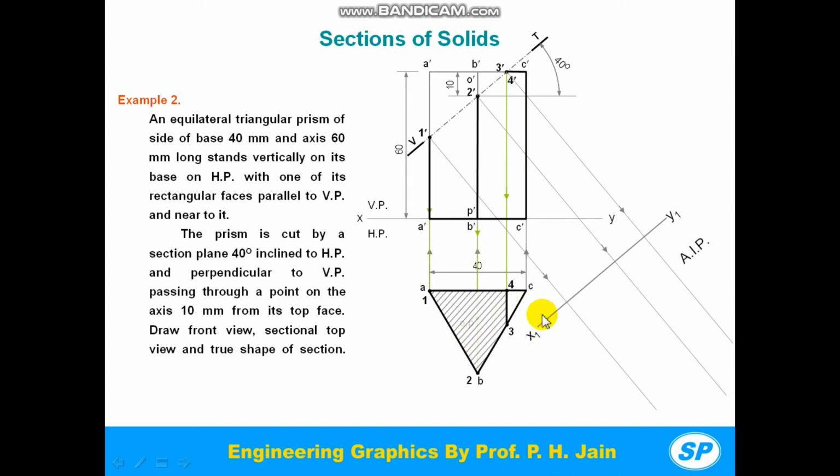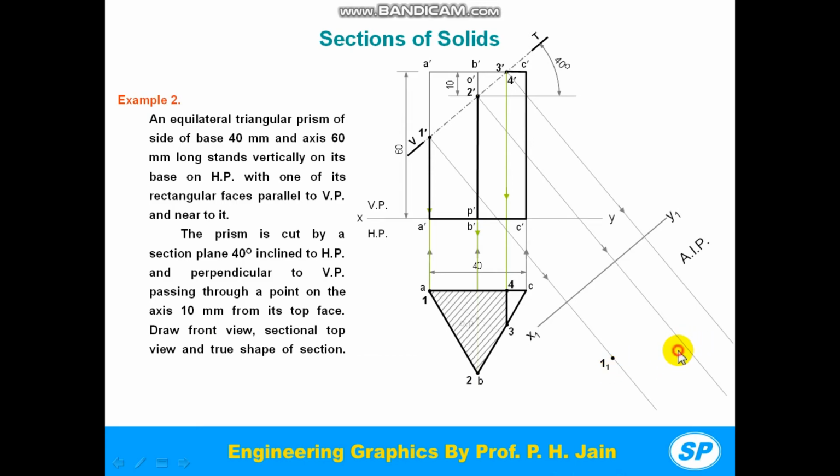Now see, in sectional top view there are 4 section points, 1, 2, 3 and 4. So simply we have to mark these section points on auxiliary inclined plane on the corresponding projection. So first of all mark 1 point. 1 point is on projection drawn through section point 1 dash. So mark 1 here such that distance between 1 and x1 y1 should be equal to distance between 1 and xy line. So take this much distance in compass, take this point as center and draw one arc to get 1 point. So mark 1 point here.